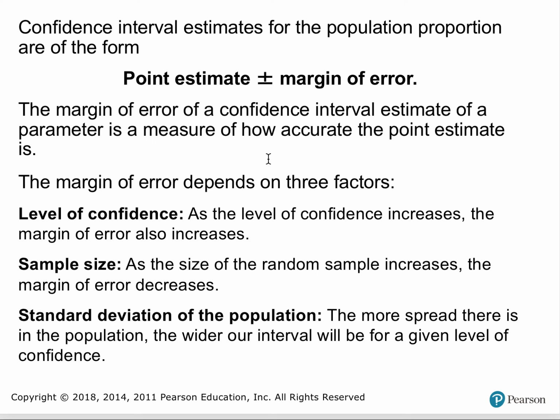So let's say your p hat, your point estimate, is 0.5, and your margin of error, which they're going to call just a capital E here in a minute, is